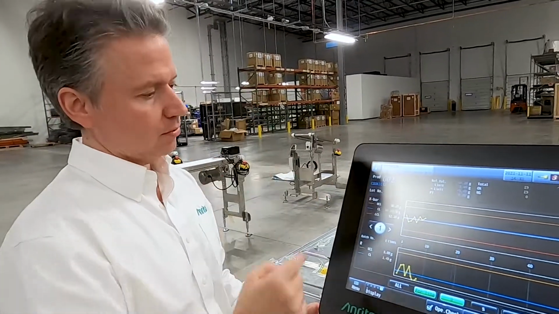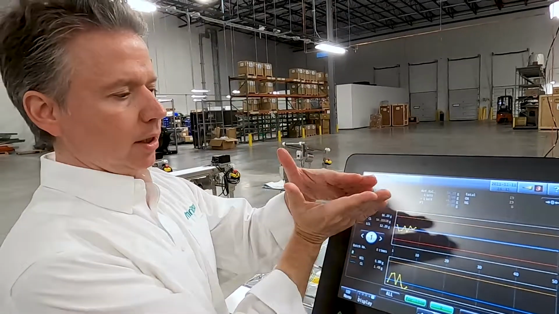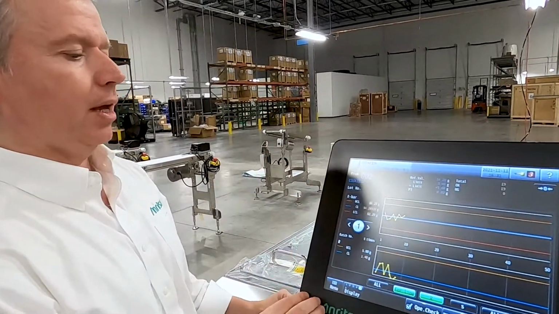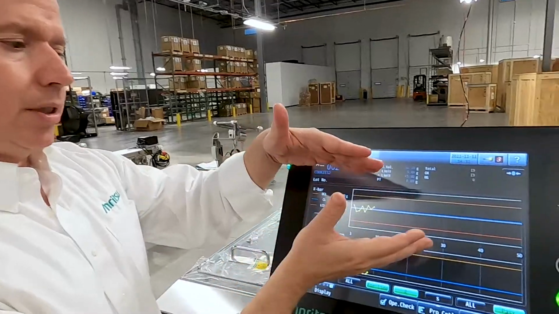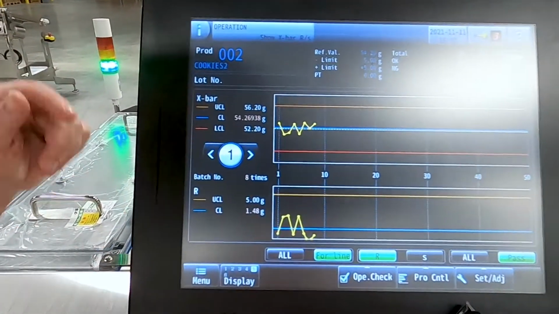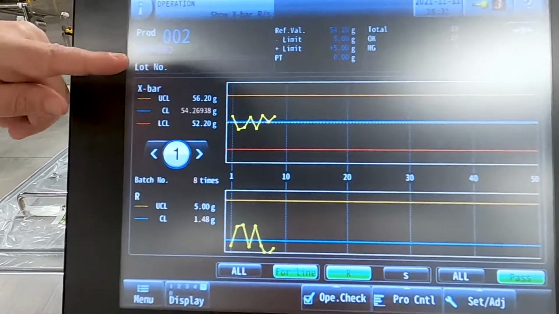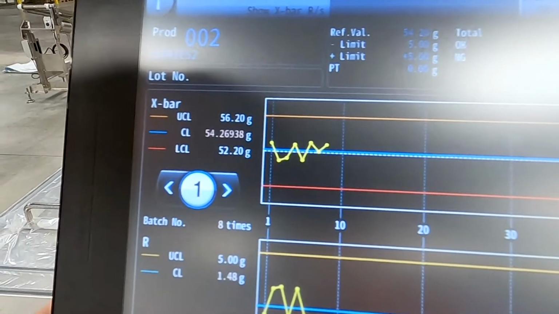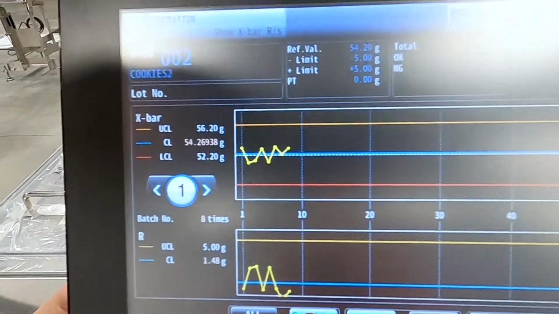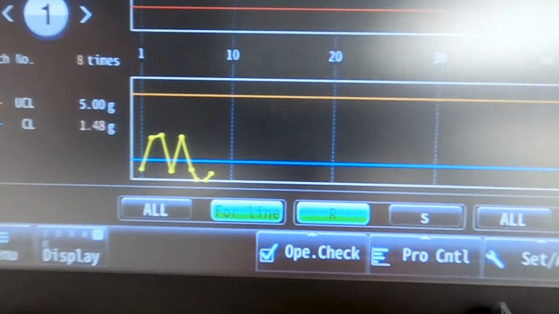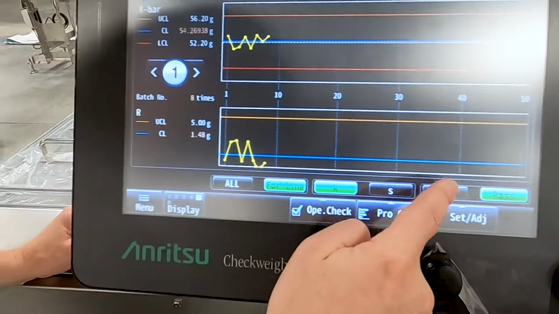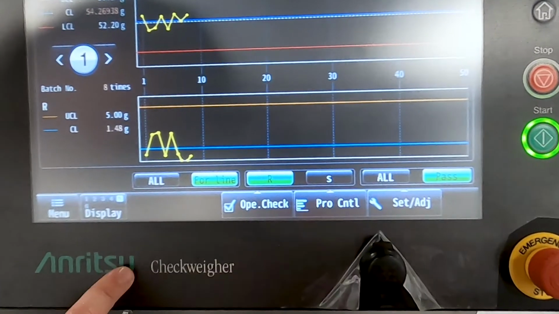Trends too low, tell the filler to go high. It'll completely close that in and keep it on target. But if you don't have that option, just visually, this is a really nice way of doing it. You can alarm out for the upper if it goes too high, or the lower. And you can do that per line or for all products. And we can see all the products or just the past products.